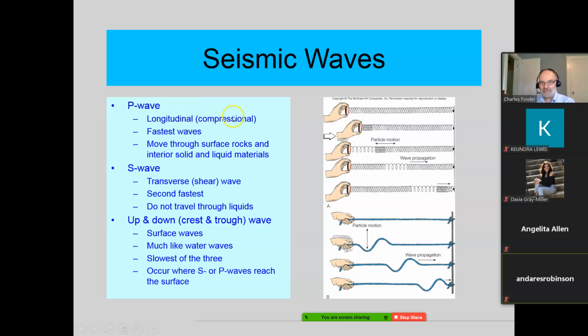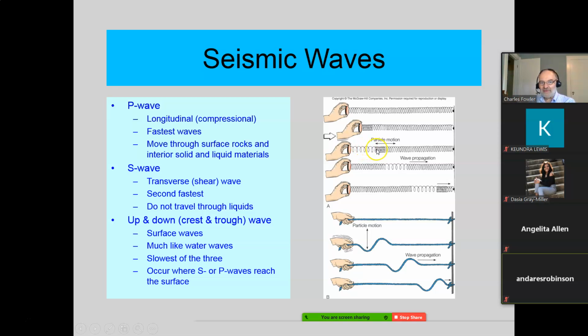Now, I think we did this last time, but just as a review, if indeed you had a spring that could hang around like this, most of the time they're going to sag in the middle, so this is a very special spring. And if you were to give it a sudden push to the right and compress the coils here, and then yank it back to the left and what we call rarefact the coils, pull them further apart, here you have a pressure wave. The particle motion was right to left. The wave goes right to left, horizontal, you might say, longitudinally, in the same direction as the particle motion.